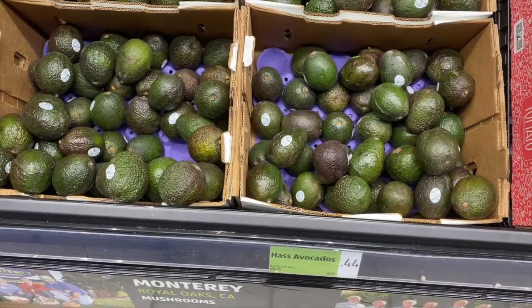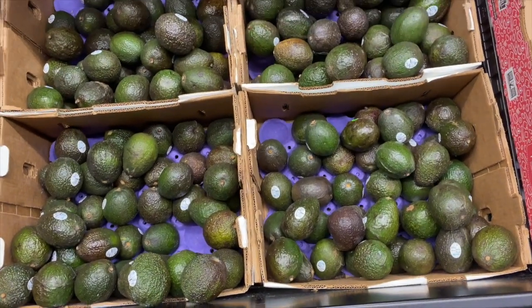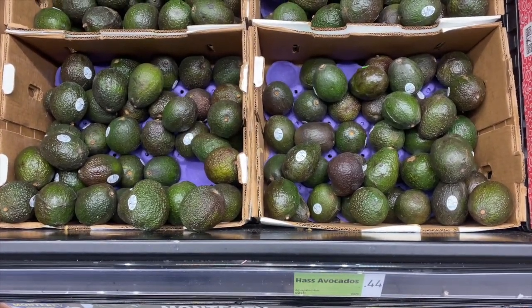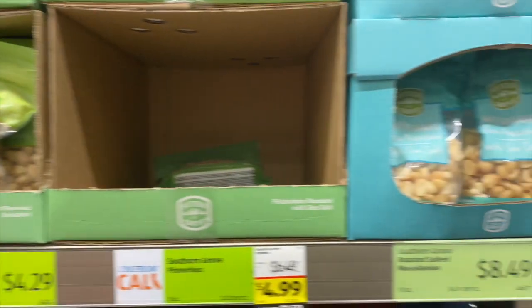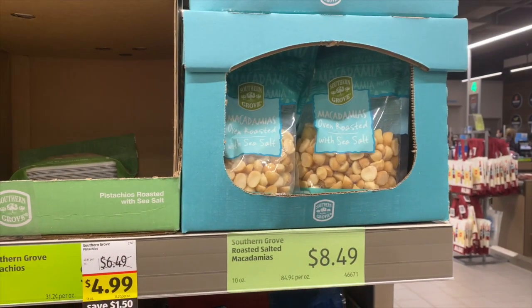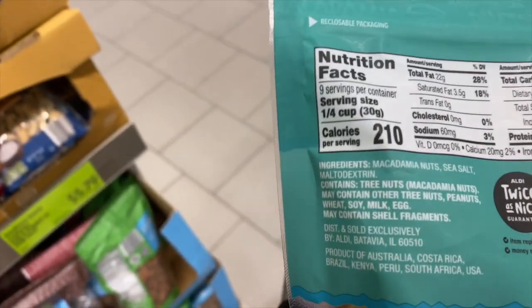They have an insanely cheap price, 44 cents on avocados. I will say these weren't the best avocados I ever had. I did pick some up, but it might just be by chance that happened. We also have a good selection of nuts, and holy moly, this might seem like a winner, $8.49 for a bag of macadamias, but